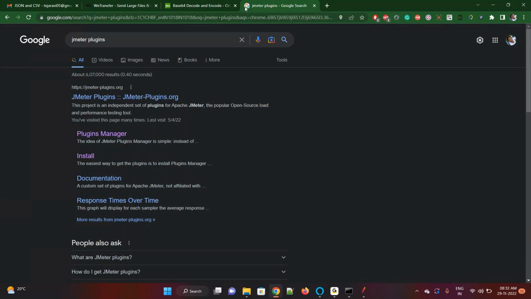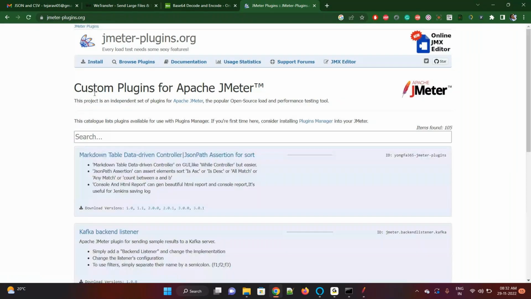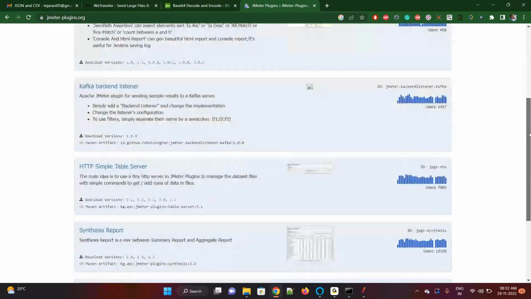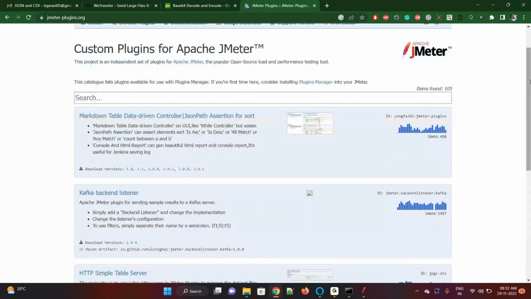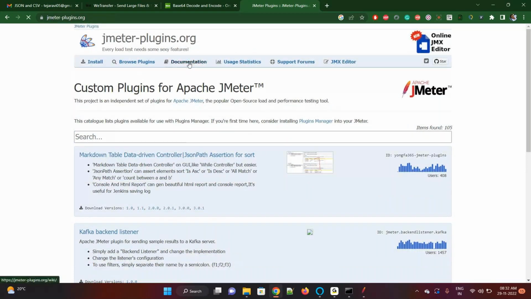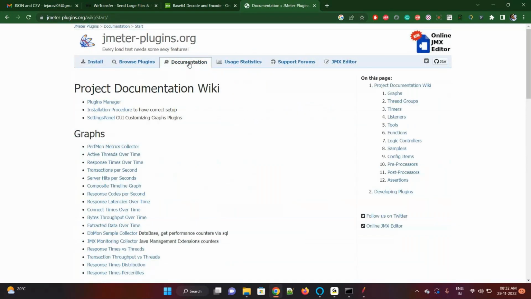So just search for JMeter plugins. You will see the website jmeter-plugins.org. You will see the plugins. These are the extra components. Most of the time, these components will help us based on our extra requirements, but we have to go through what is available. So if you just go to documentation,